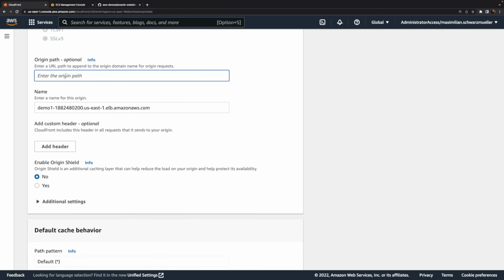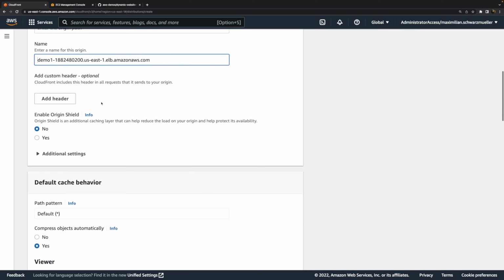We could also add a specific path to which the requests should be forwarded on the origin server, so that requests to this CloudFront distribution are forwarded to a different path, to a different file, for example. We can give this a name and we can keep all the defaults. And we could add custom headers that are attached to the requests that are forwarded from CloudFront, so from these edge locations which are hit by the user's requests, to the origin server.